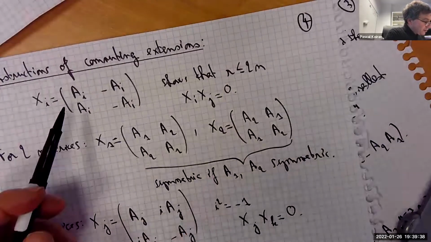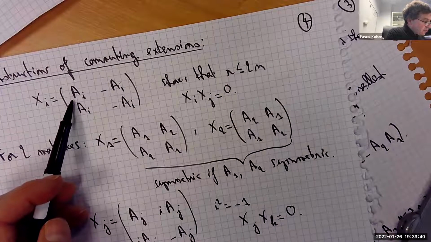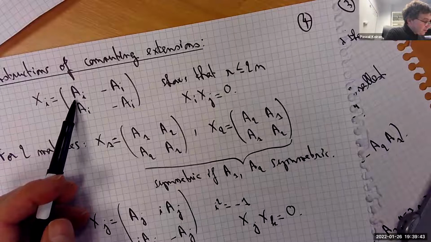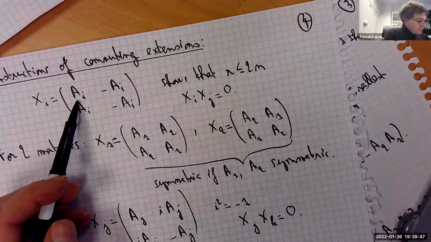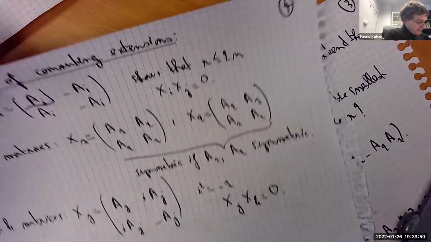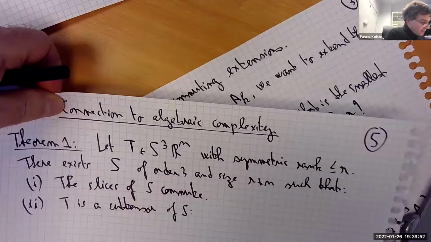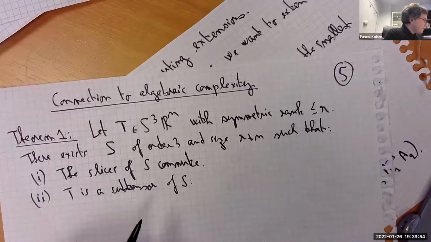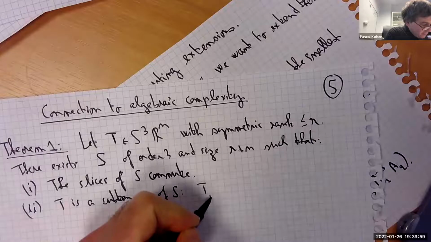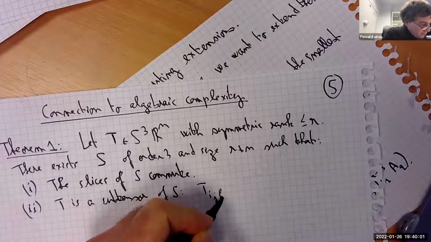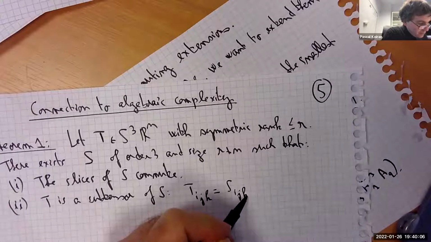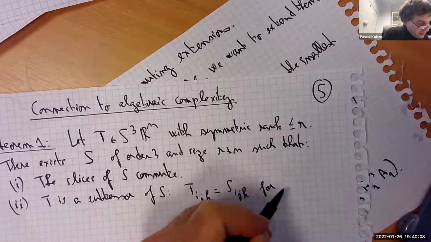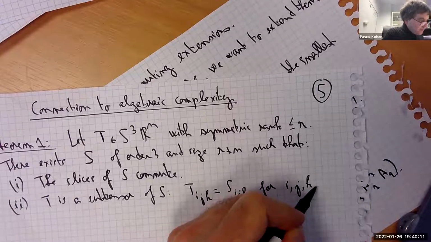Exactly in the sense that we had for our matrices, like here, for instance, A_i was a symmetric extension of X_i in the sense that it sits in the top left corner. It's the same thing here now for tensors. So I just mean that the entries are the same when you restrict to indices smaller or equal to n.